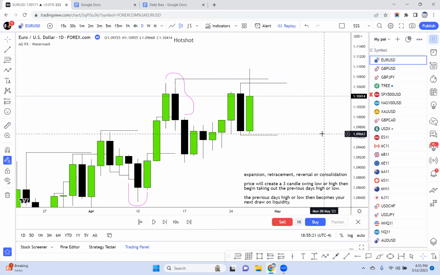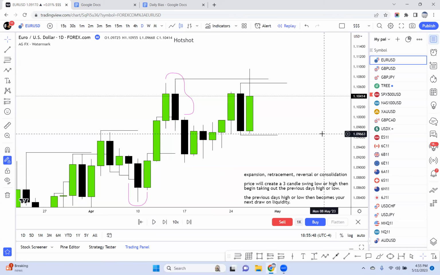So that's how you would kind of get a good daily bias on and your next draw on liquidity. So like for your ICT optimal trade entry, you could be targeting that previous day high, previous day low, or really for any strategy in general, you could be targeting that previous day's high, previous day's low, especially if you incorporate that power of three